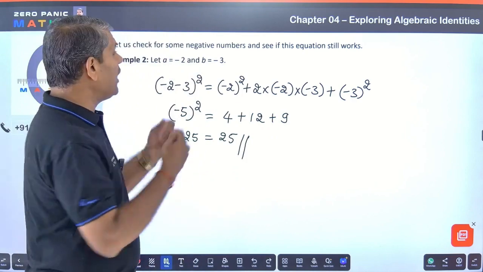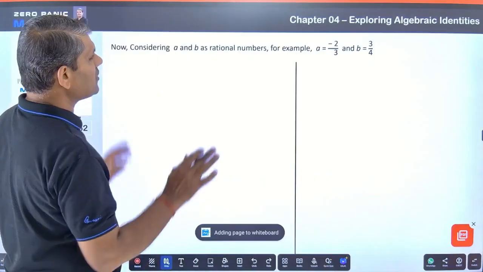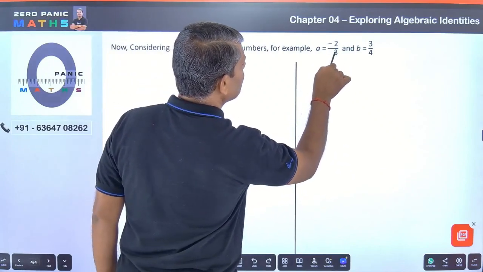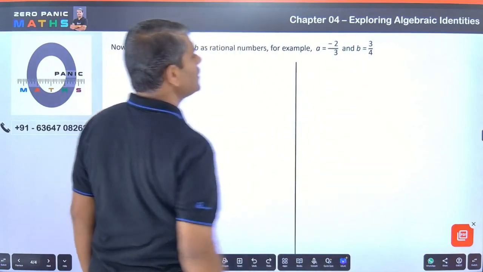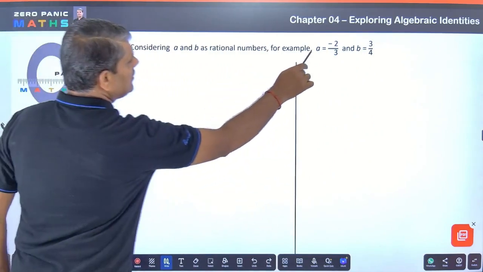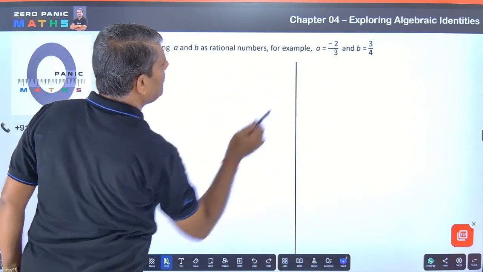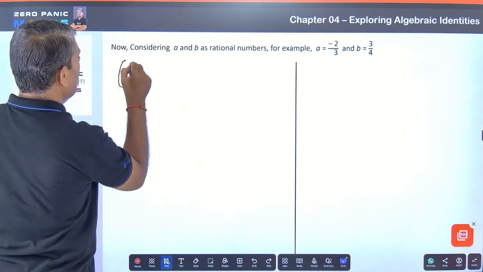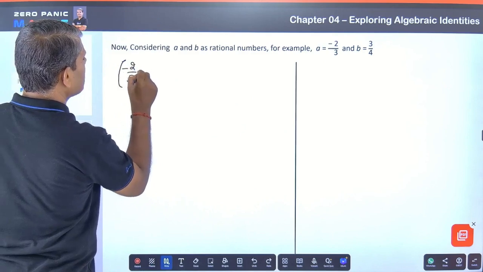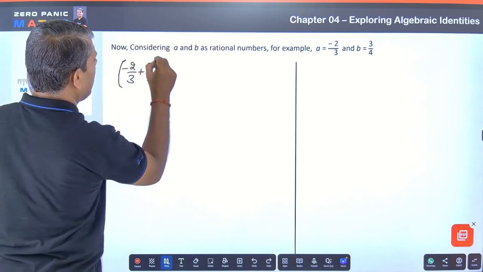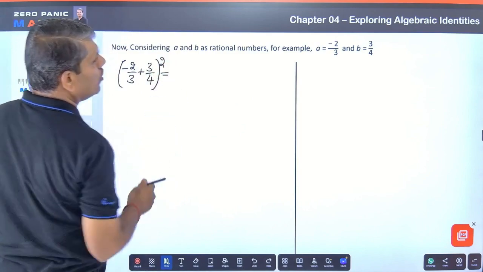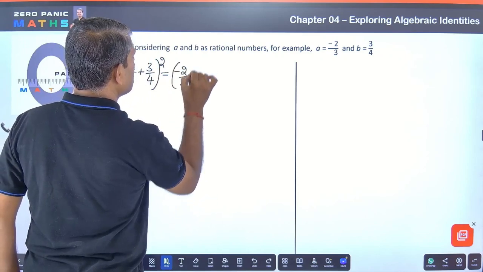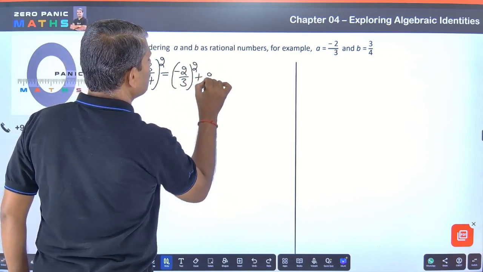Okay. Now let us verify the same with some rational numbers. The rational numbers: one is negative, -2/3, and another is positive, which is 3/4. Let us just substitute the values of a and b in the given formula and calculate. (-2/3 + 3/4) whole square is equal to, a is -2/3, that is (-2/3) square, plus 2a,